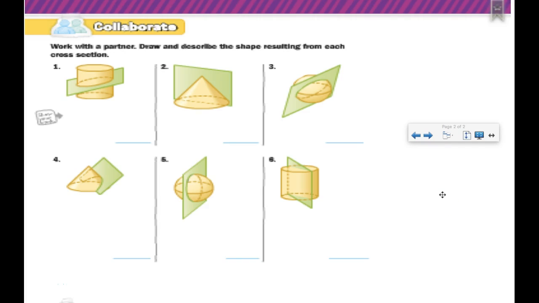Enough times. Draw and describe the shape resulting from each cross-section. Okay, this is going to be a little bit challenging, so I'm going to need you to think outside the box a little bit. First of all, identify what the yellow or tan, whatever color you think that is, orange shape is, the three-dimensional solid. And then based off of that, we can look at how it is being cross-sectioned and determine what the two-dimensional